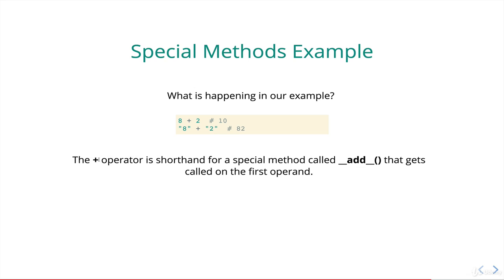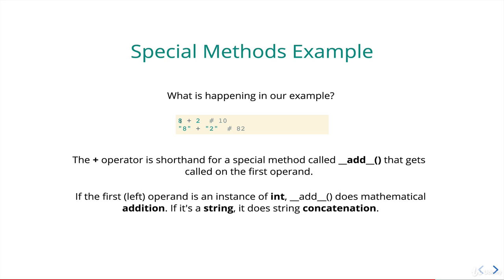And it comes down to the fact that this plus sign operator behind the scenes is actually resulting in this dunder add method, a magic method, a special method that's called. And it's called on this first operand, so in this case 8, the integer, and the method add is defined inside of the integer class, and it says, all right, if I'm being added to another integer, then we should return our sum. Versus on the string instance, the double underscore add magic method is defined, and it says if I'm being added to a string, then concatenate the two of us. If I'm being added to an integer, throw an error.